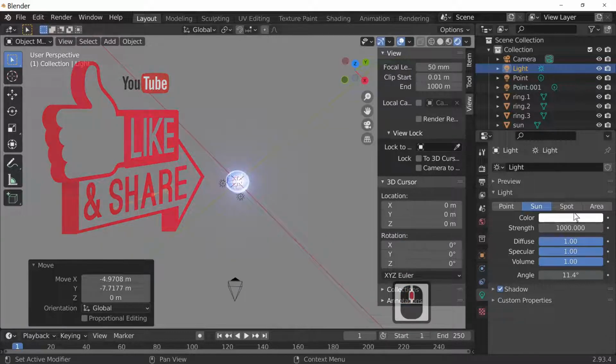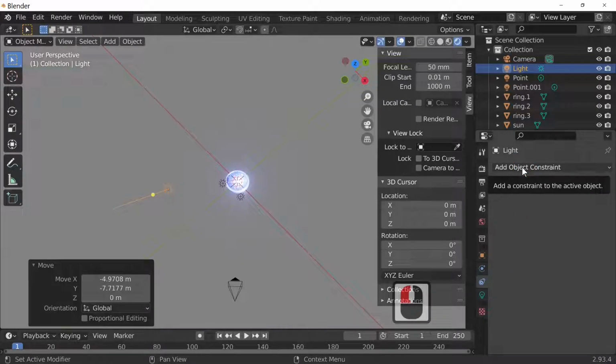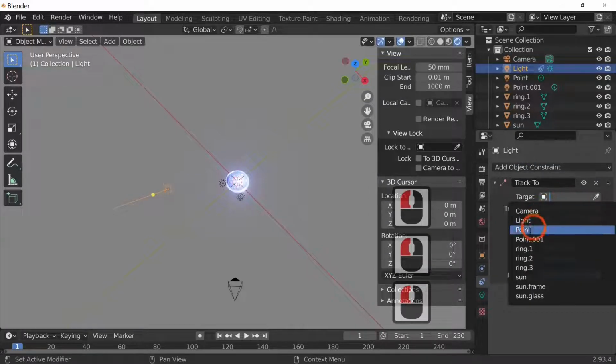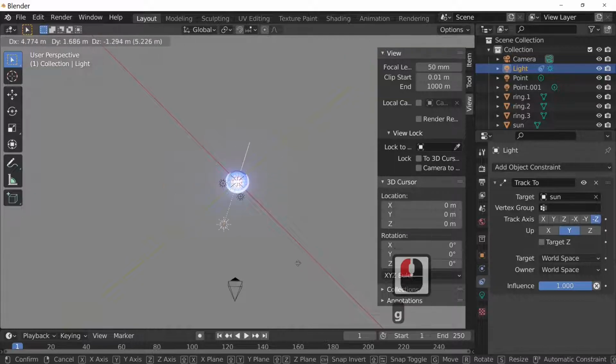and I'm going to point it at my sphere by hitting this, add object constraint, and track to, and I want it to target the sun. That means it's going to point at the sun, so whichever way I move it now, it's pointing at the sun.